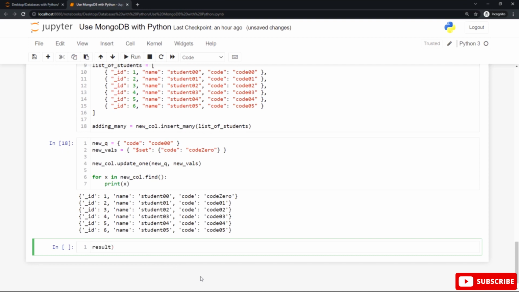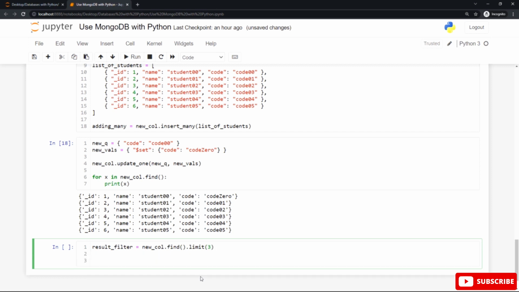Do you want to display or select a specific result? To display or limit the result in MongoDB, you can use the limit method. The limit method takes only one parameter, a number defining how many documents to return, how many documents you wish to display. After finding the result from the collection by using the find method, you can see we use the limit method to display only 3 documents from our collection called new students.